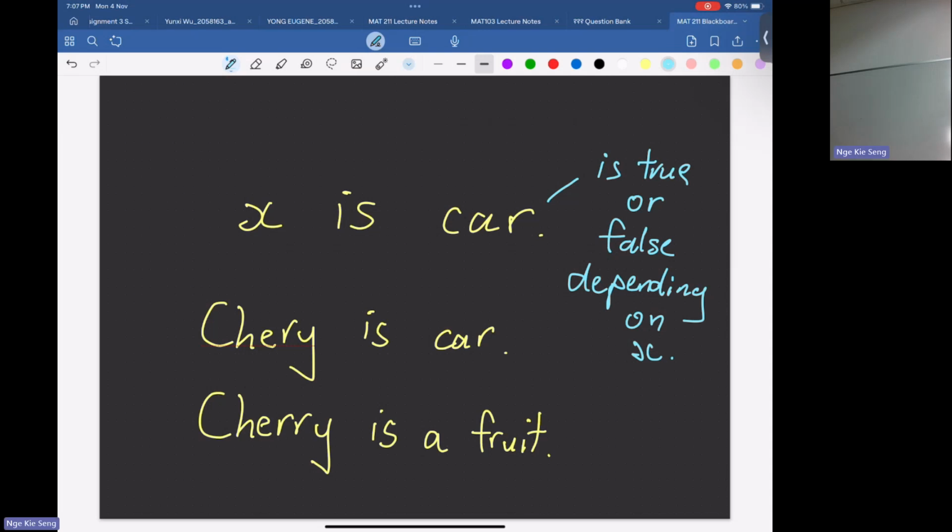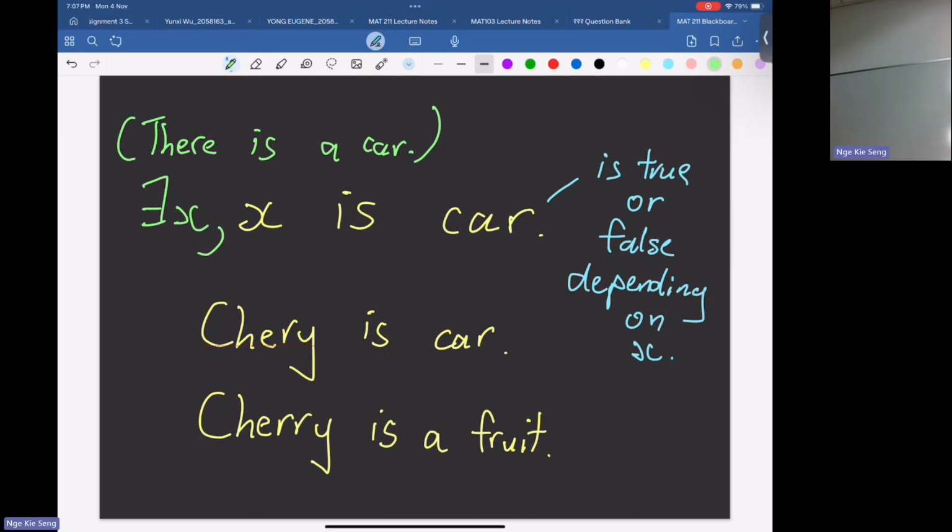But if we add in, for example, a quantifier, then this is a statement that we can always say true or false. So if I put there exists an x such that x is a car, is it true or false? True. Why? That exists. So let me put it in English. There is a car. Is there a car?